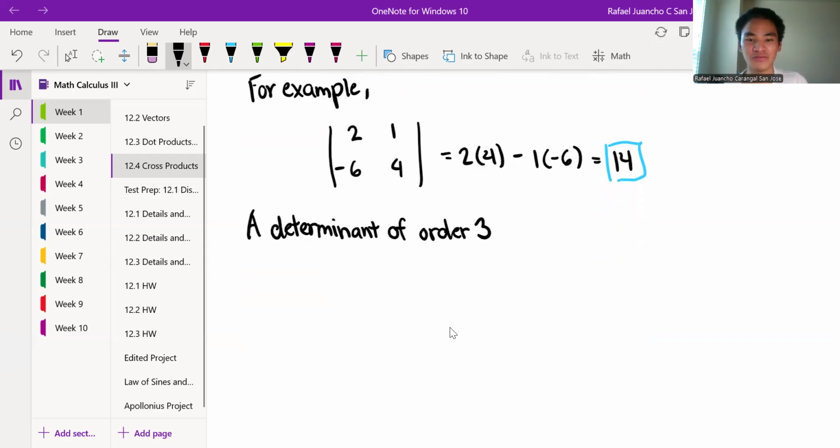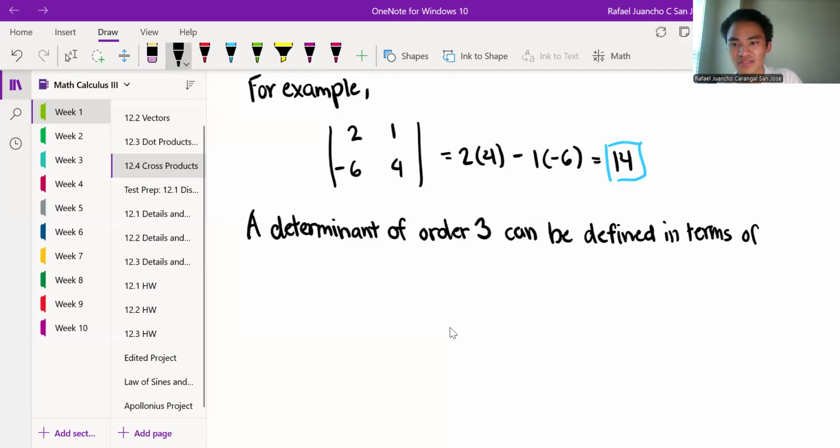So probably 3 columns and 3 rows, can be defined in terms of second order determinants. Right? What do I mean by that? Well,